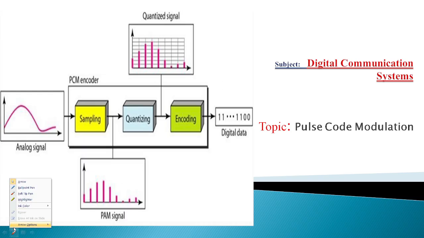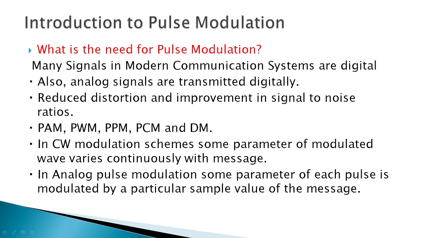Pulse code modulation. Pulse code modulation is used to convert analog signal into digital signal. Before that, we should know why we are going for digital signal. The digital signal